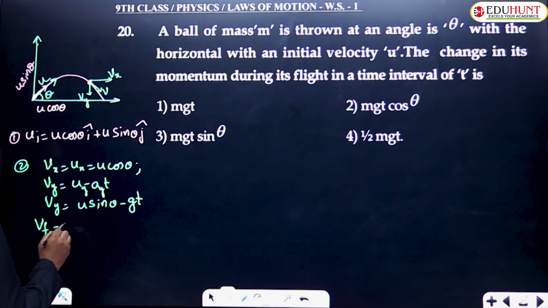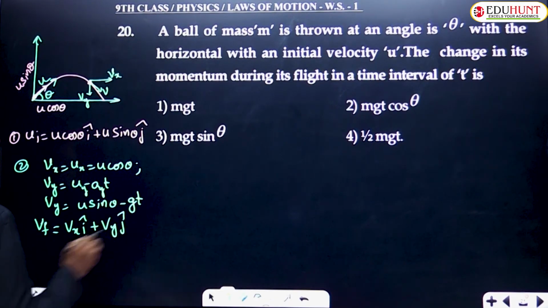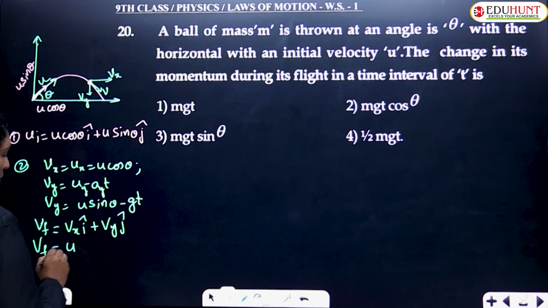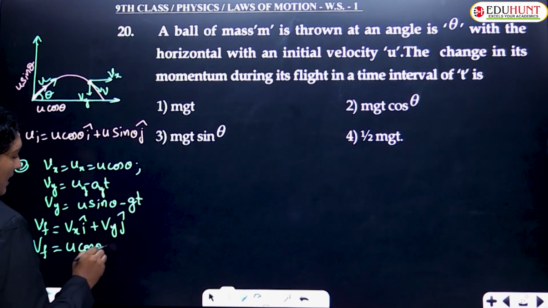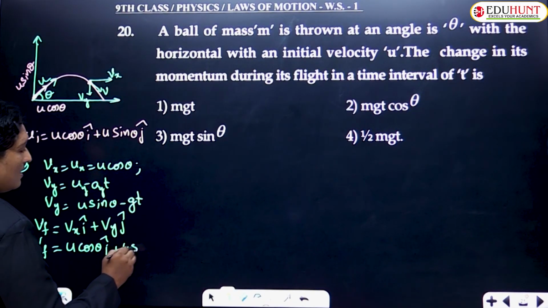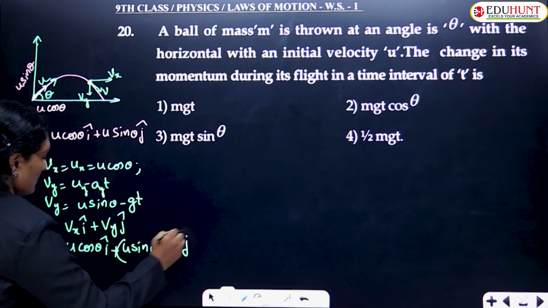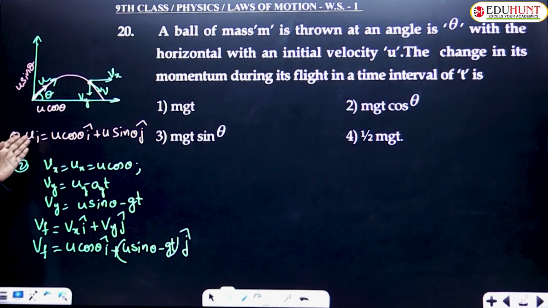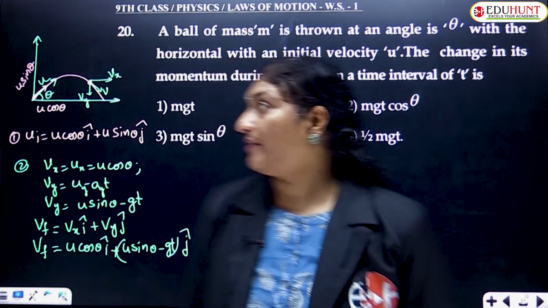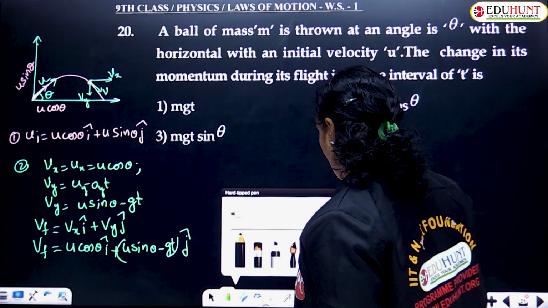So the final velocity is given by Vx i cap plus Vy j cap, or V final can be written as, what is Vx, children? u cos theta i cap plus, what is Vy? u sin theta minus gt j cap. So this is the case. We know the value of the initial velocity as well as the final velocity. You are asked to find the change in momentum. To find the value of the change in momentum,